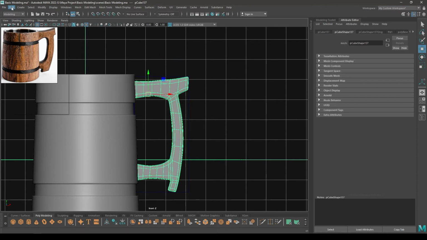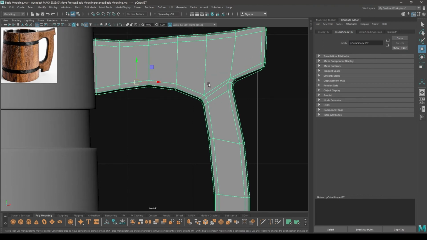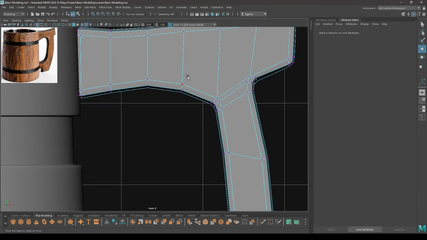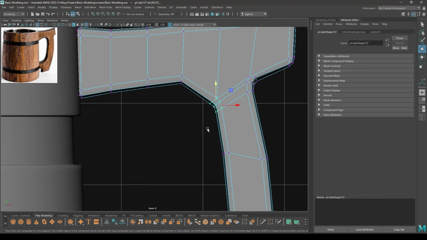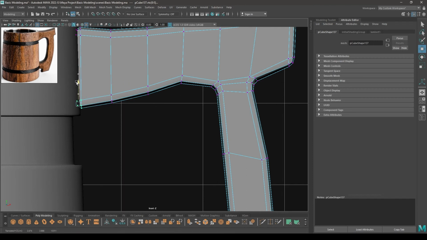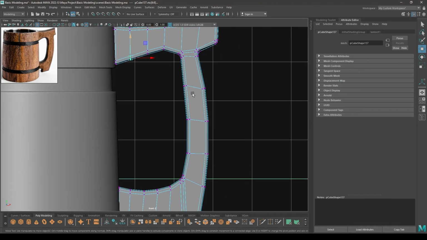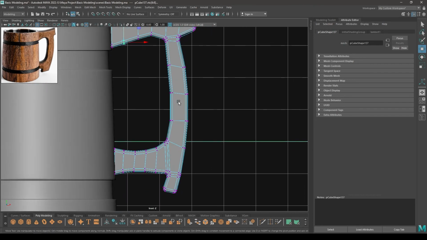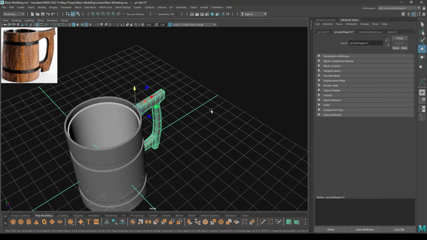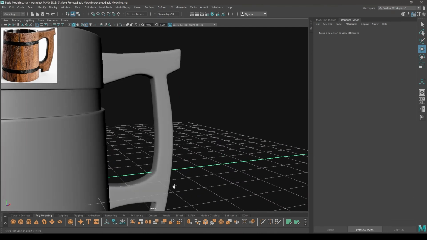Now select this, go to edit, delete by type history to get rid of that lattice. And you can also tweak this a little bit like this, just pull them up. And we are good to go.